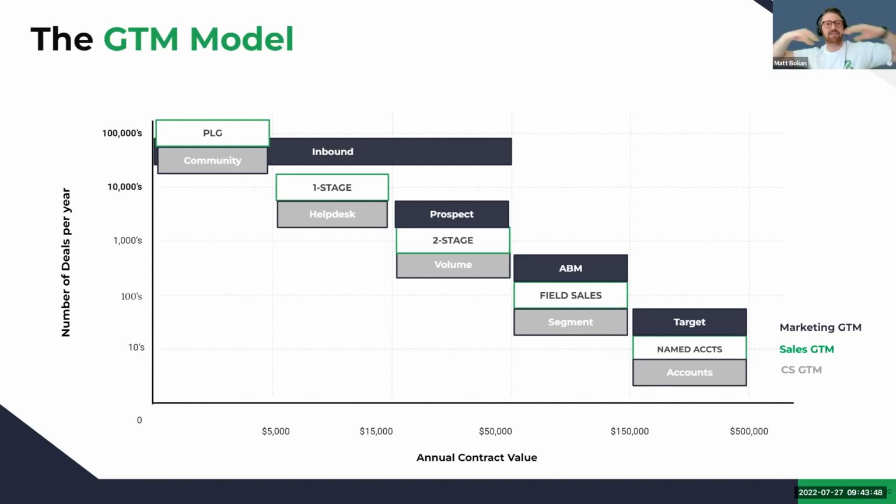You have a CS team, and there's going to be a number of people based on some kind of segmentation. So based on the number of accounts we have, this many CS and so forth. As you go up, your CS members have fewer and fewer accounts that they support. They get to know them more intimately. They may even be doing building or implementation for them, or some larger engagements. And so this is how the go-to-market model looks.